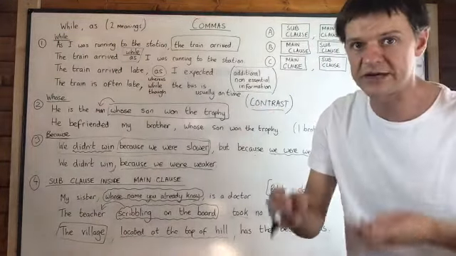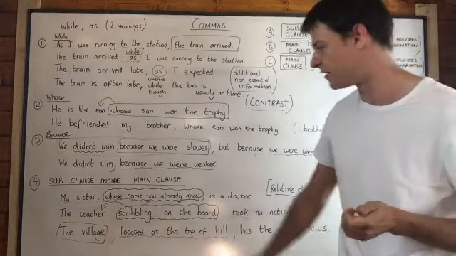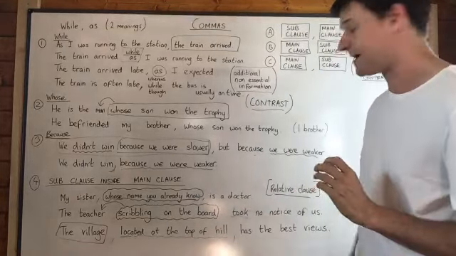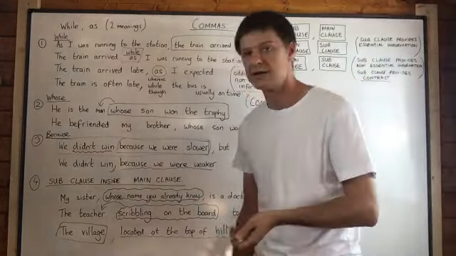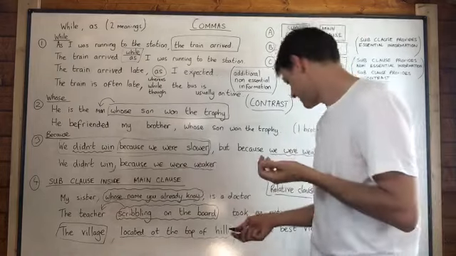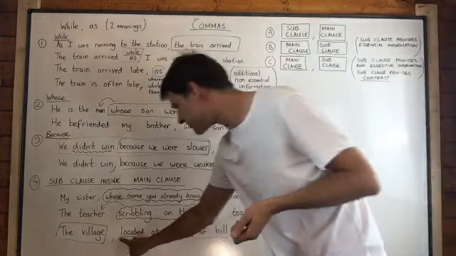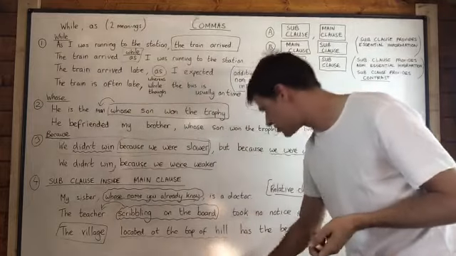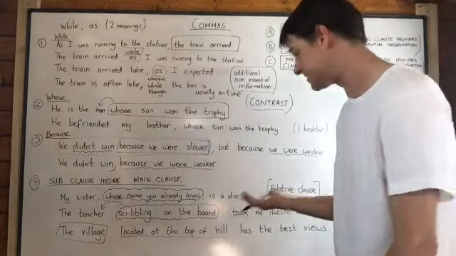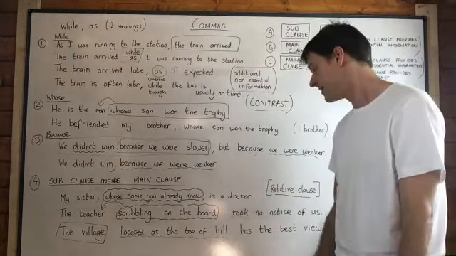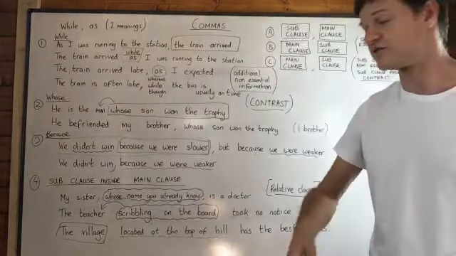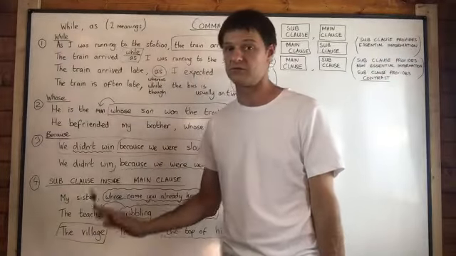The village, which you already know, located at the top of the hill, yeah, I would even say the village that you already know, comma, located at the top of the hill, comma, has the best views. Okay, it's just extra information. But maybe you have a map in front of you and there are lots of villages on the map, and you're talking to your friend, then you would say that this is defining which village, and we get rid of the commas and we say the village located at the top of the hill. The village which is located at the top of the hill, it's a reduced relative clause again, has the best views. So without the commas, you're defining which village. With the commas, it's just extra information and the listener already knows which village.